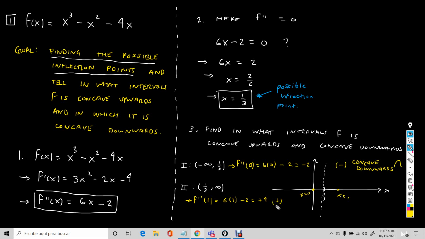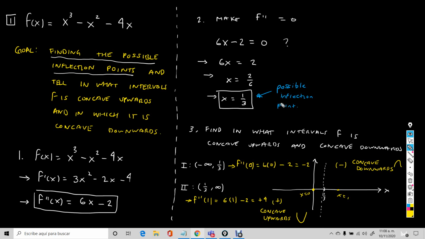And when I know that my second derivative is positive, what that means is that my function on that region, on that zone, on that interval is concave upwards. Or in other words, it's going to look like this, like that. Okay? So,